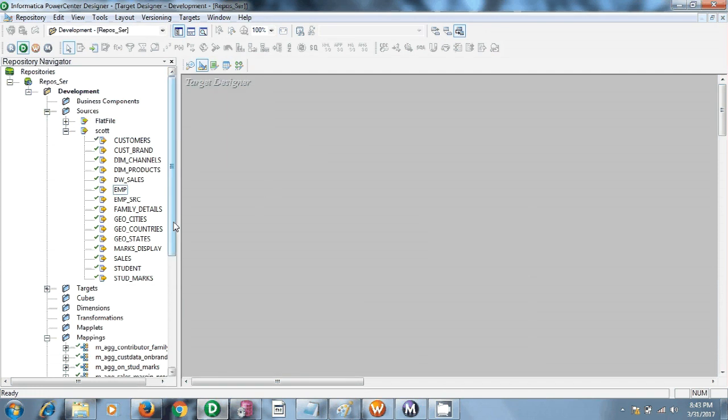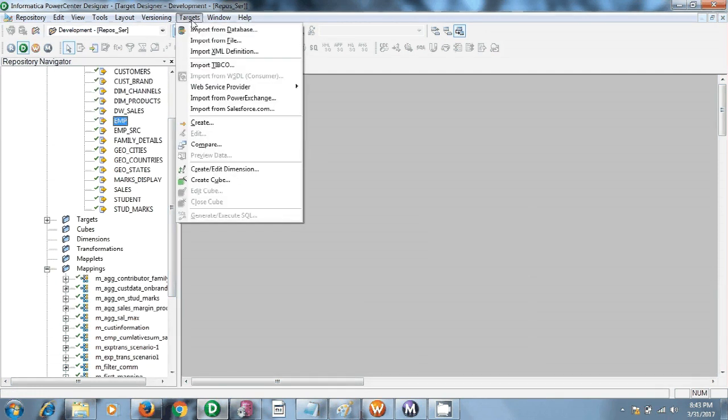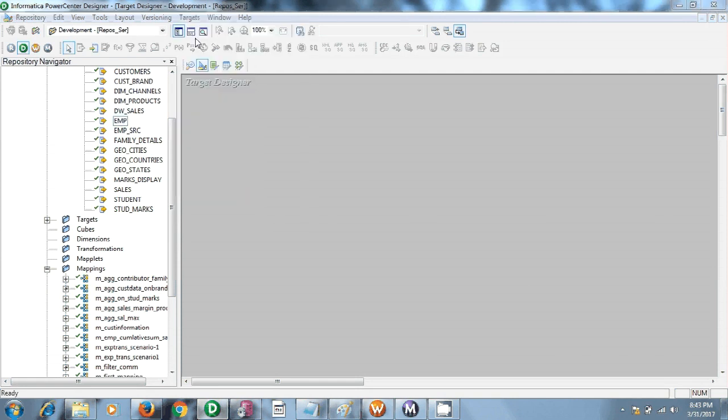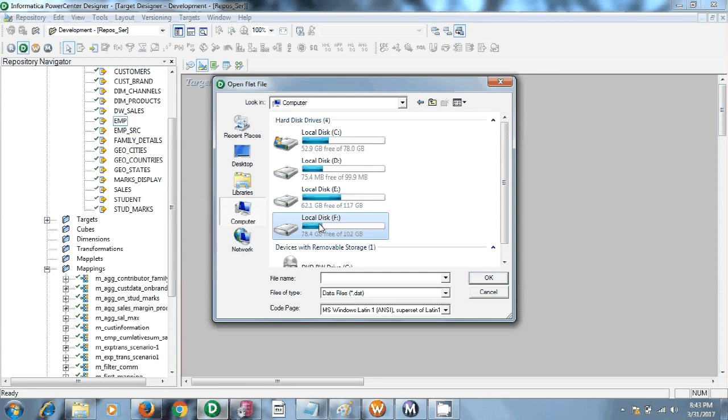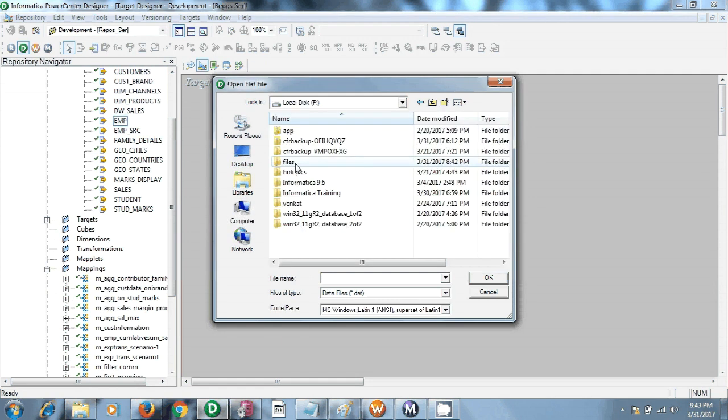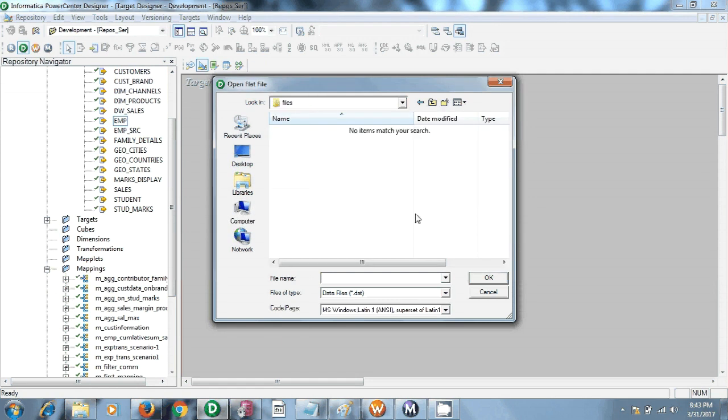Then go to your PowerCenter Designer, go to Target Designer and clear all. Import the target here. Our target is a flat file, so import from file. My file is in the F drive. Click OK.